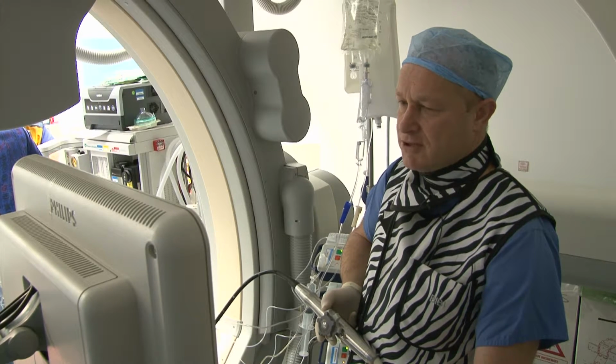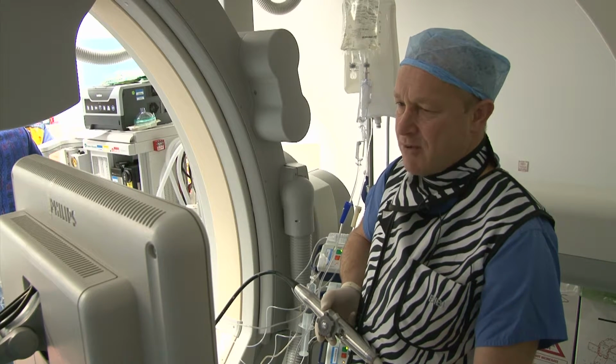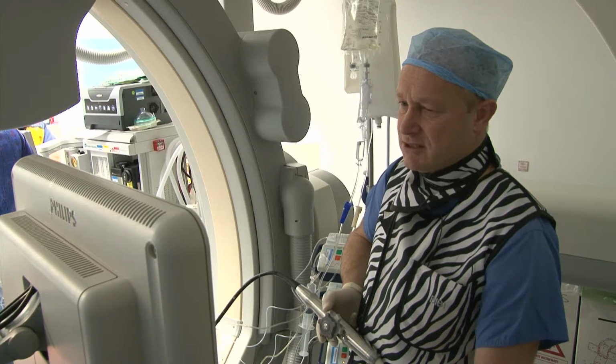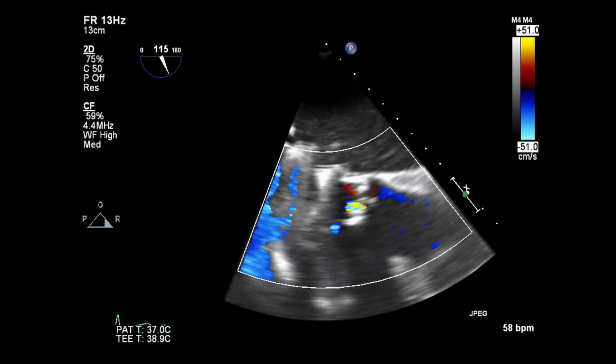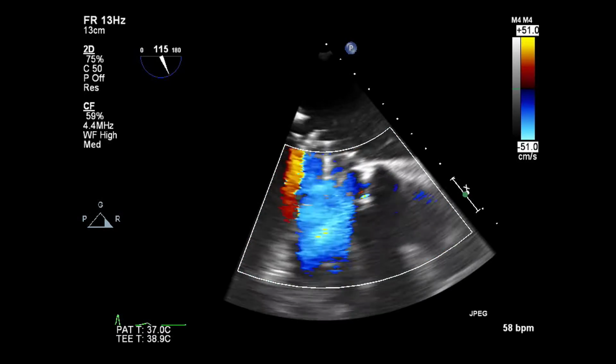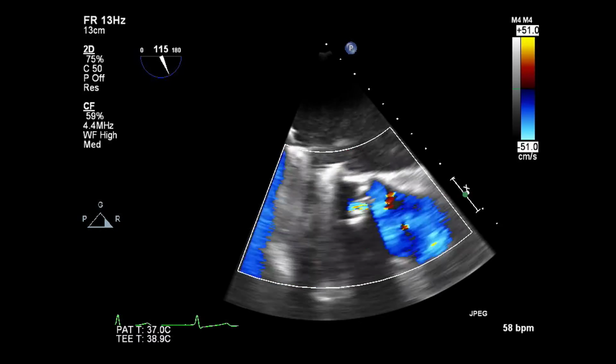Normal closing volumes, normal leaflet, normal occluder motion, no attached masses or vegetations, and back onto the most important part of the study, trying to assess the aortic valve. In this case, we're troubled by the presence of the mechanical valve because you can see that there is a great deal of